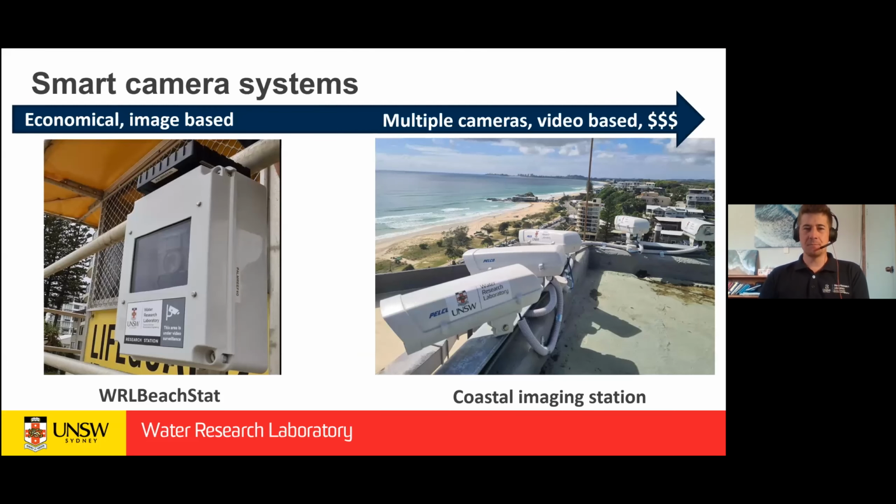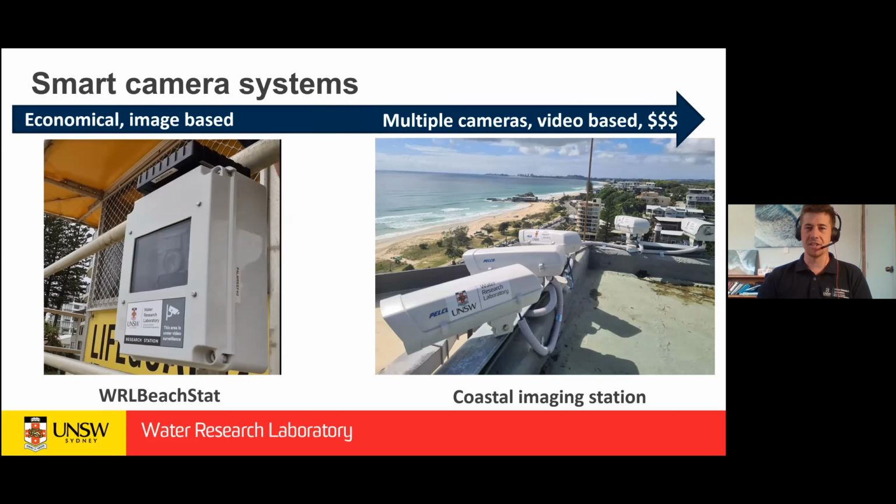Just to serve as a bit of context about coastal imaging and monitoring the coast using cameras, today I'll be presenting two different systems that do different things in terms of understanding the coast. On the left-hand side, we've got a very low-cost image-based monitoring system that I'm calling the Wamberal Beach Stat system, and that's very cheap. It's under $1,000 and it's very flexible because you can pop it on anything, and it's got its own power